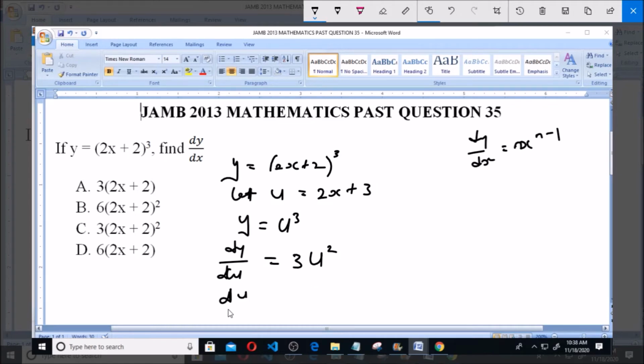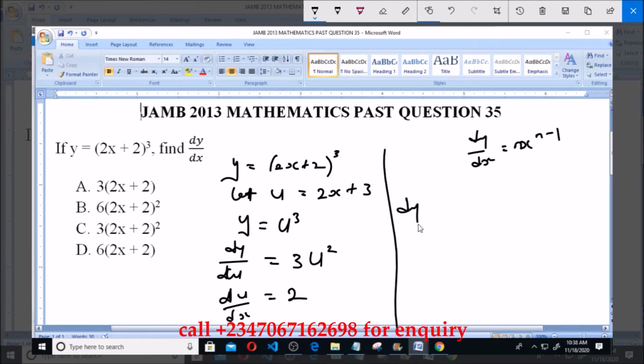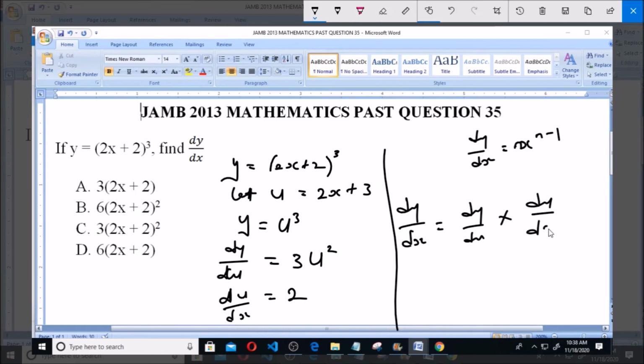Now du/dx is equals to, we have 2x plus 3, so that will give us 2, because x is raised to the power of 1 here, so 1 minus 1 will give us 0, and x raised to the power of 0 is 1, so 1 times 2 will give us 2. So du/dx is equals to 2. Now dy/dx is equals to dy/du multiplied by du/dx, and this is equals to